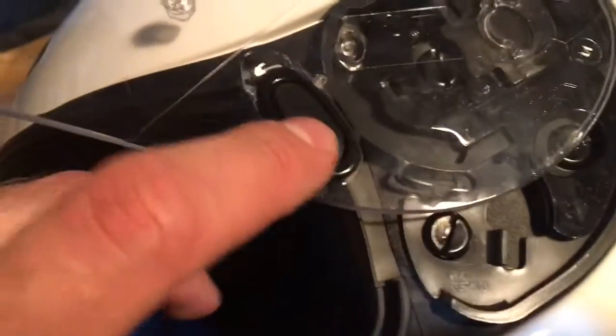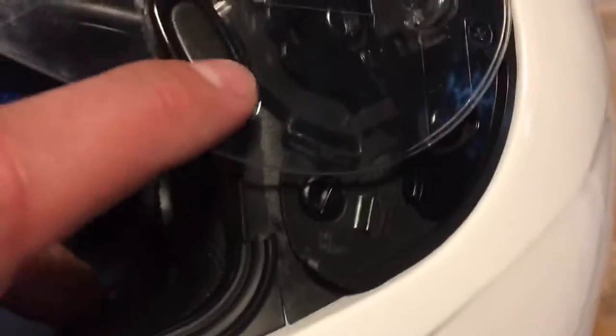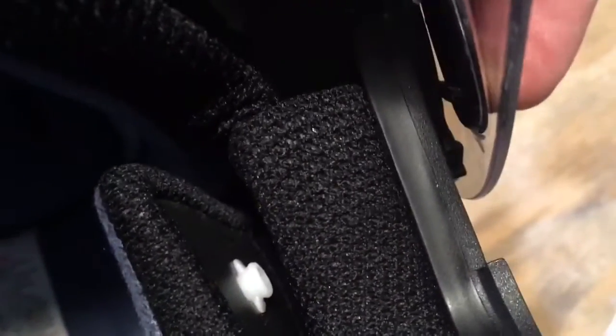One other additional thing I just want to note, in case anybody runs across this. There's a locking mechanism on the bottom of the visor, of the HJC visor. Down is lock. There's a little plastic tab that basically just pops forward. So if you can see that, when I undo it, open, closed, it goes down. So when I close the lid,